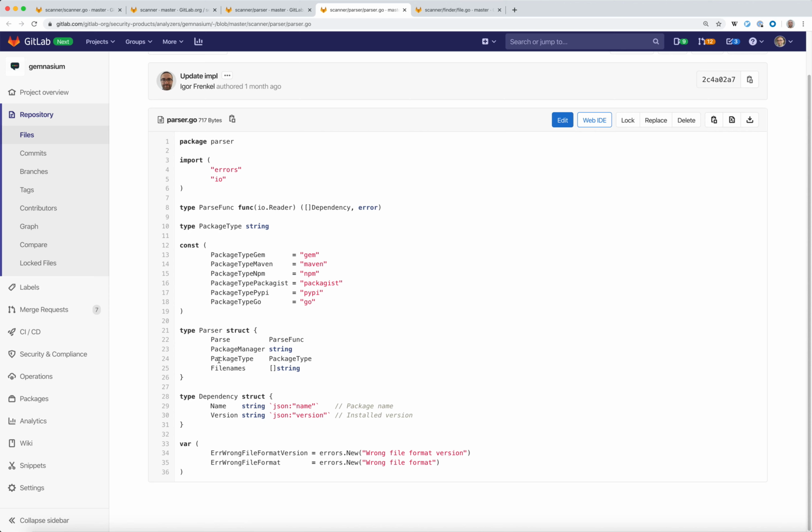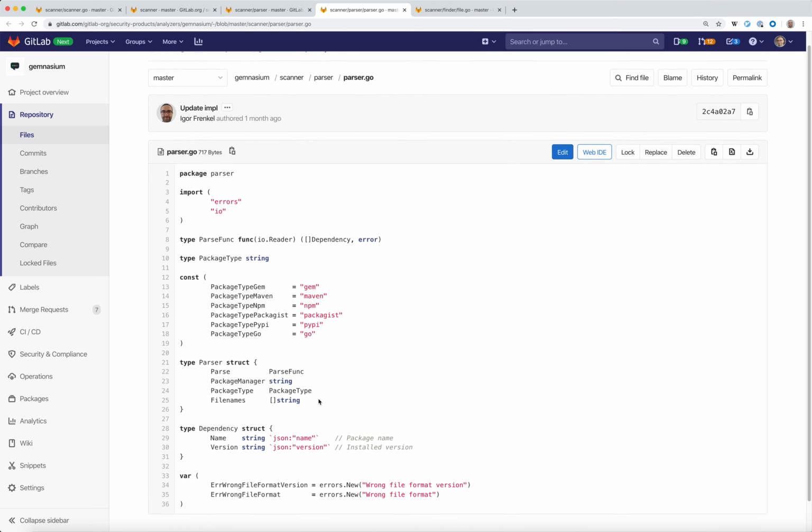A dependency file parser returns a package type, and we'll see later on why this is very important. But for now, just bear with me. A package type would be, for instance, gem in the case of Ruby gems. And to illustrate that,